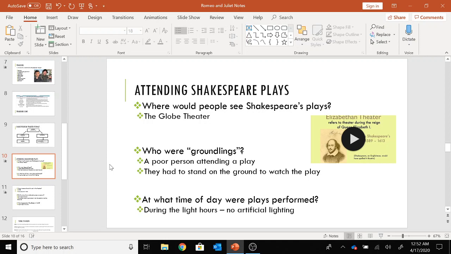Okay. The Globe Theater. It is a major, major piece of understanding Shakespeare. We need to know about it. Watch the video about the Globe, and not only does it explain a little bit about Shakespeare, but it also goes into the audience and society during this time, which is the key to understanding and analyzing a piece of literature, is to know about the author, but more importantly, to know about the time period that the author lived in,